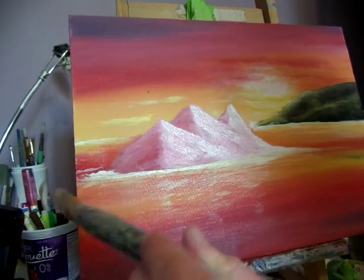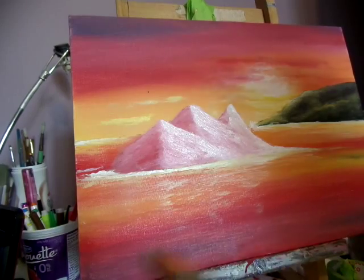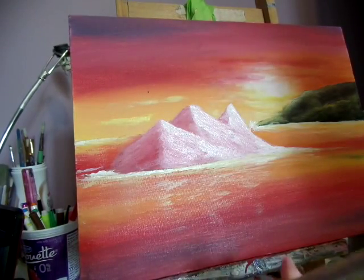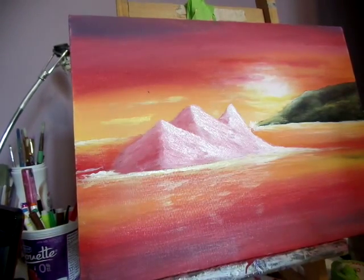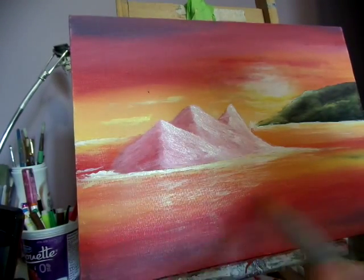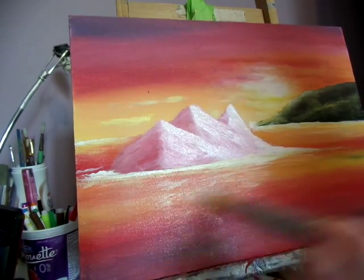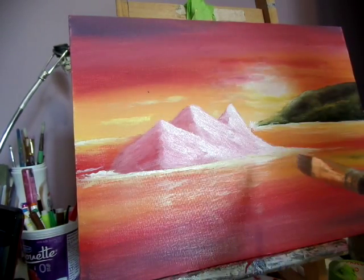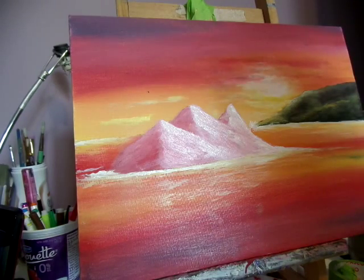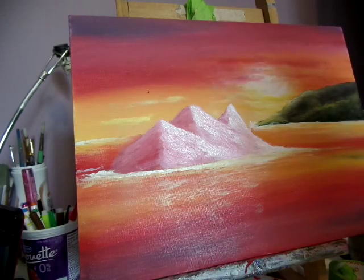So I'm just giving it a shimmer. That's how I give it a shimmer, okay? Shimmer, shimmer, shimmer. There we go. Want a little bit more, not too much, because you can put too much on and you end up ruining your painting, because it just covers everything up. See, look? Shimmer, shimmer, shimmer. So that's pretty good. I think that's about it for now. I'll leave it alone. It's a nice little painting. It's pretty simple. And this is Allison Pryor signing